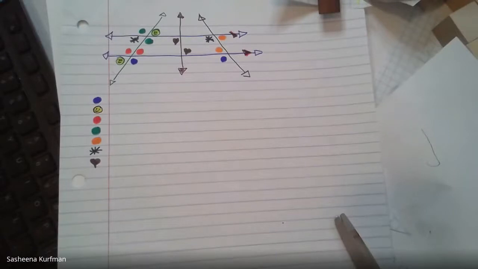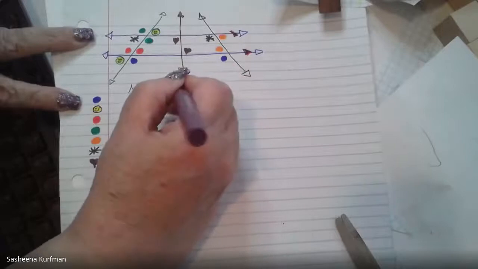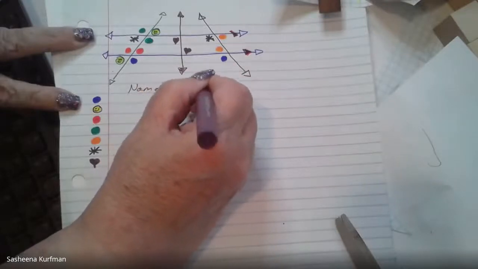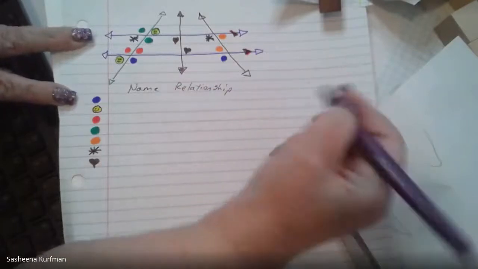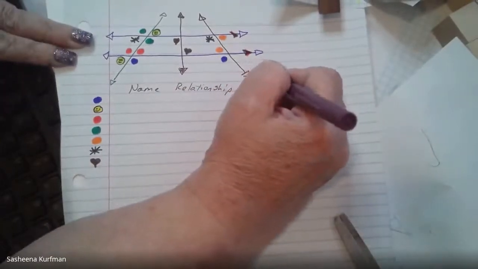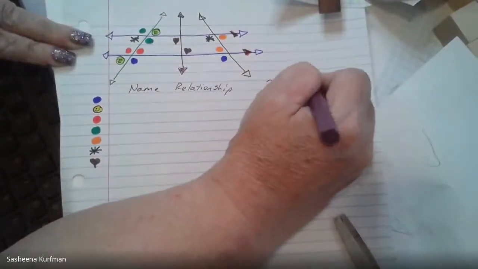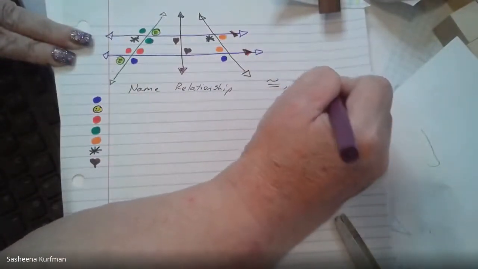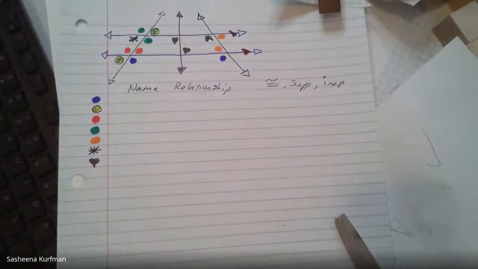And so what we want to do is name the relationship. And once we've named the relationship, we want to be able to decide: are the angles congruent? Are they supplementary? Or is it impossible to know? So what we're going to do is talk about each set and discuss exactly what that